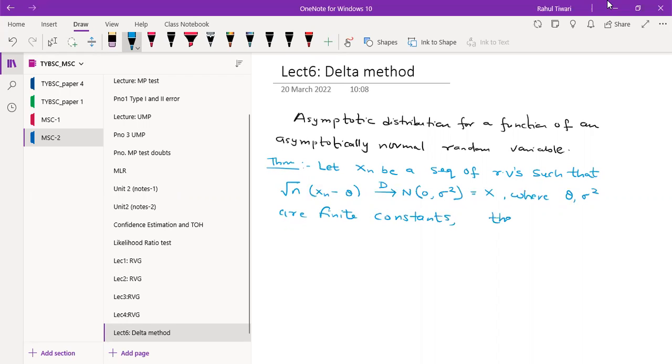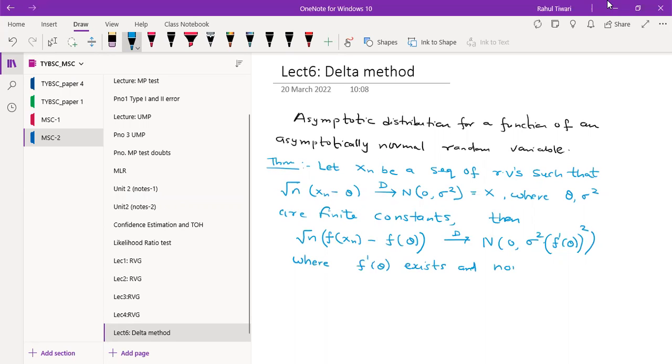then root n (f(Xn) minus f(theta)) converges in distribution to a normal with 0, sigma square times the first derivative of f at theta squared, where the first derivative exists and it is non-zero. Okay,